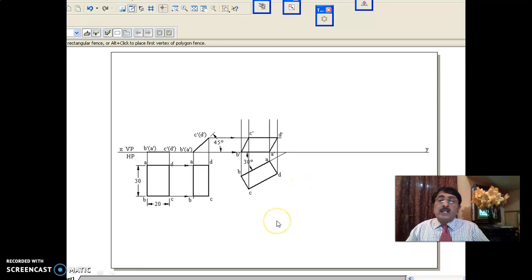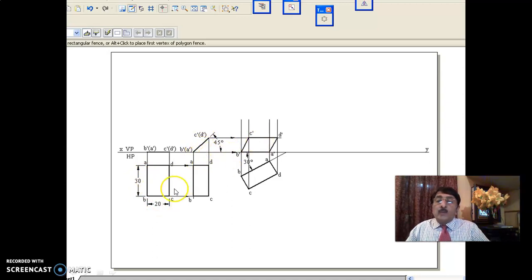Okay, now looking at this problem, you can clearly say, you draw XY, VP, HP, you do all this. Looking at the problem itself, you should be in a position to say it is 30 by 20. Please carefully understand. 30 by 20 is this rectangular lamina. Since 30 mm is perpendicular to XY line, in the second stage, obviously, the longer side of the rectangle will be on HP. If this is 20 and this is 30, the shorter side of the rectangle will be on HP here.